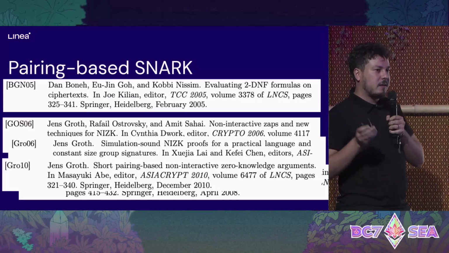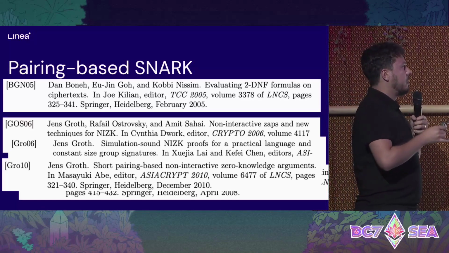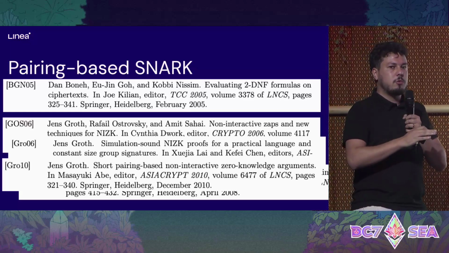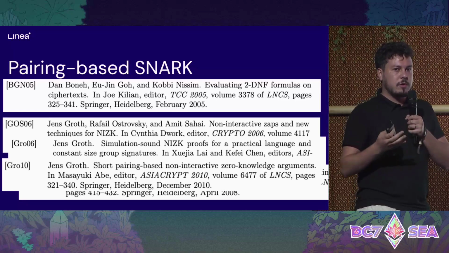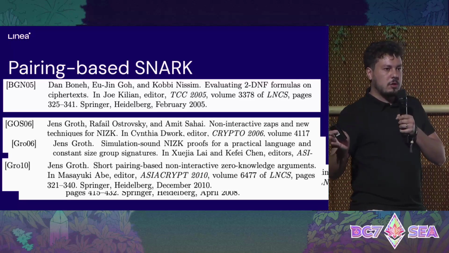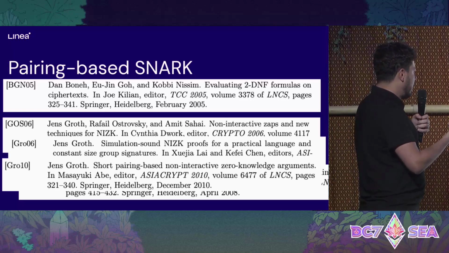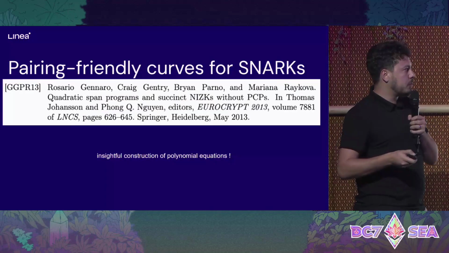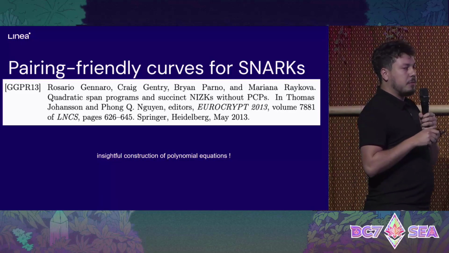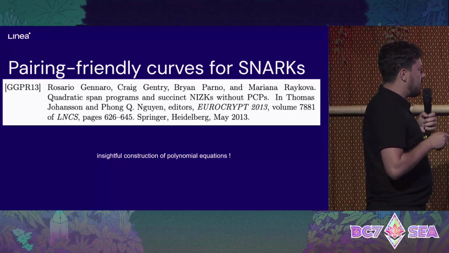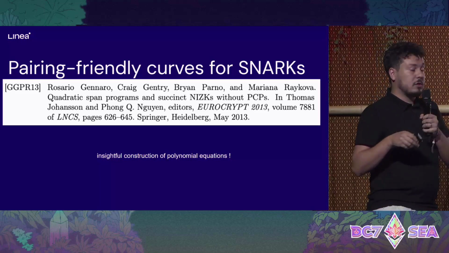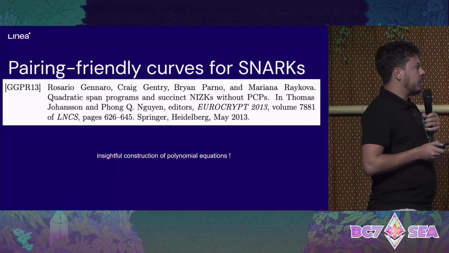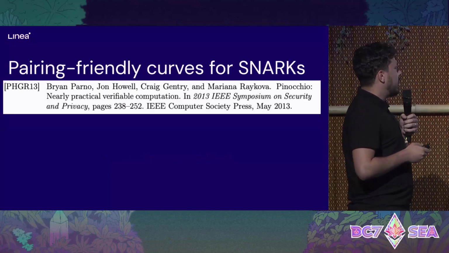2010, they built on top of this idea of doubly homomorphic encryption, because they said, well, it's not practical, but maybe in ZKPs we do not need to do decryption, we just need some sort of a commitment. Then maybe we can ditch decryption and we can have zero-knowledge proofs. And they did this. But we didn't have an implementation at that point. And the turning point implementation-wise was this paper by Gennaro et al. They proposed insightful constructions for polynomial commitment, and mixing this with the pairing-based SNARK papers, well, we started